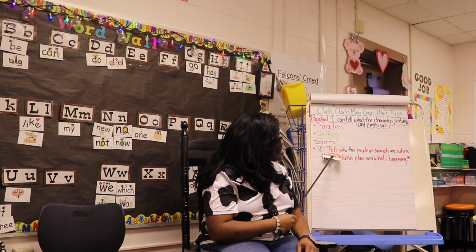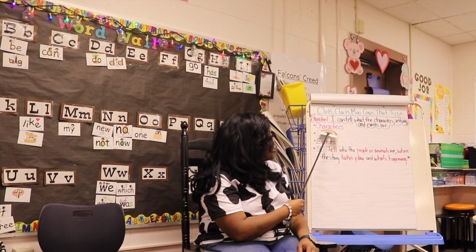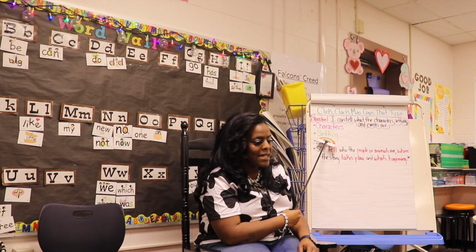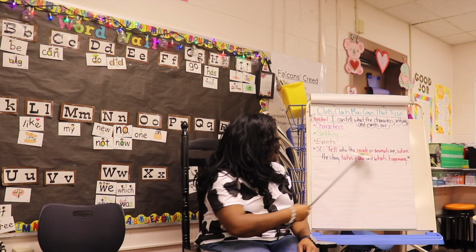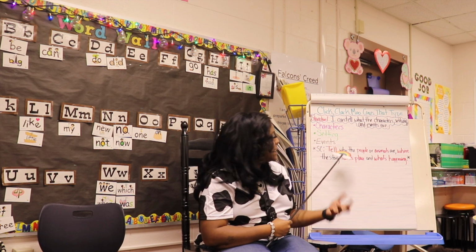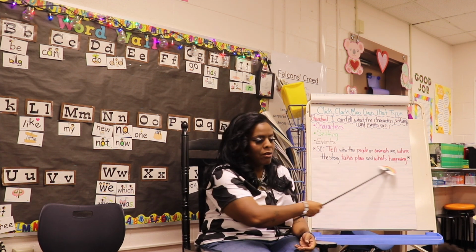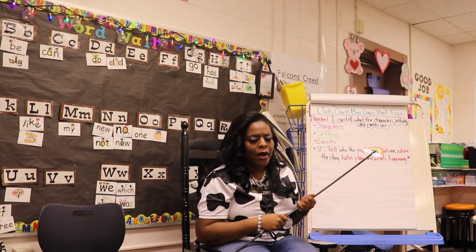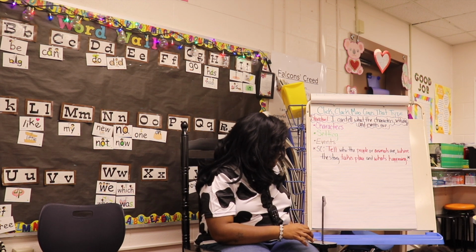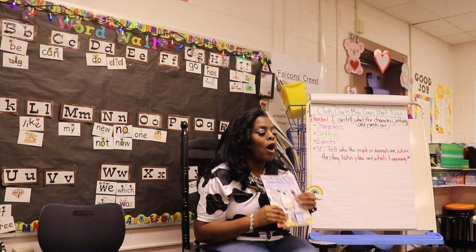All right, so the characters are the people or the animals in the story. That's what the characters are. And what about the setting? Who remembers what the setting is? It's right here. Where the story is taking place. Is it at the zoo? Is it at the park? Is it in the classroom? That's what the setting is. And the events are what's happening, what's going on in the story. So we are going to use those ideas as well as using our think aloud to walk through this story,